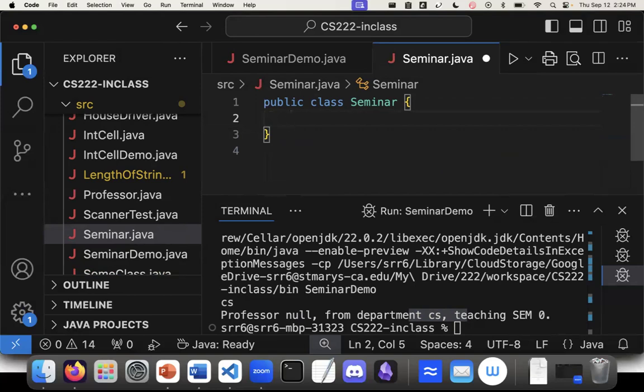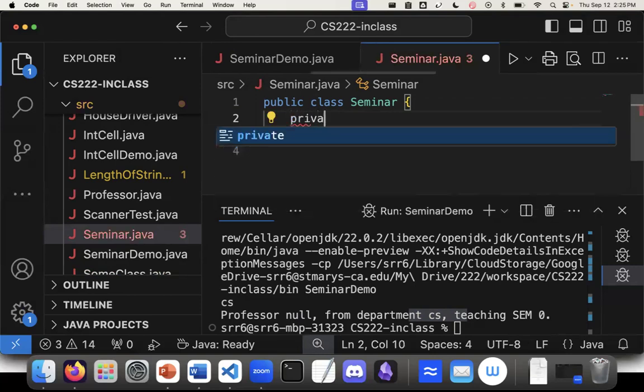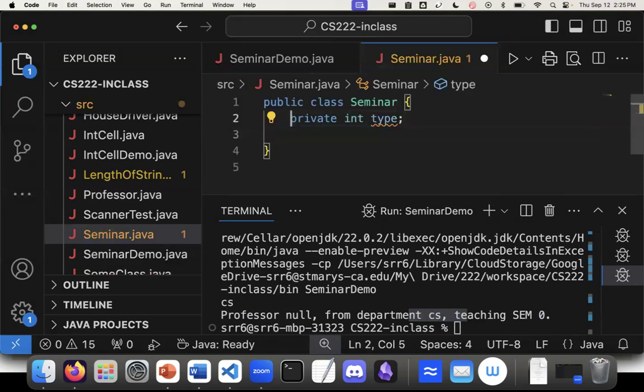Okay. So for a seminar, again, there's a lot of things. We could have a list of students, a list of readings, but to keep it simple for us, we're going to have the type of seminar. And so my idea here is, I don't know, we can have 150, 250, 327, or 350. So just like the professor's seminar course ID, we can have